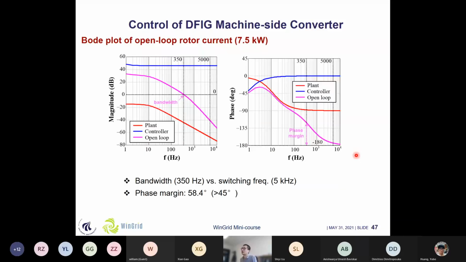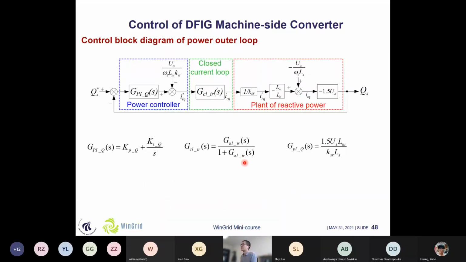Similarly, we can use the same design method for the downscaled 7.5 kilowatt system. I will not go into details about the bandwidth and the phase margin here. So once this inner loop